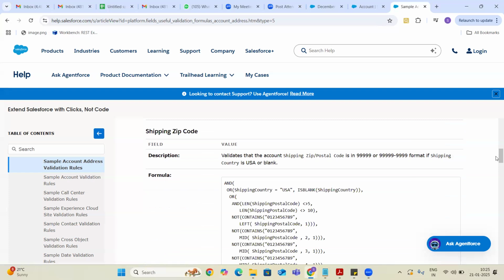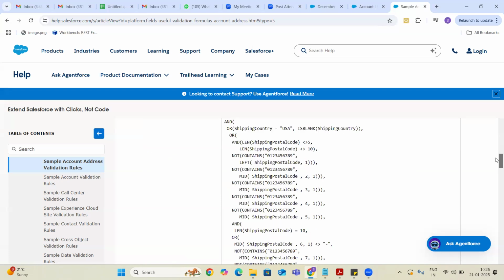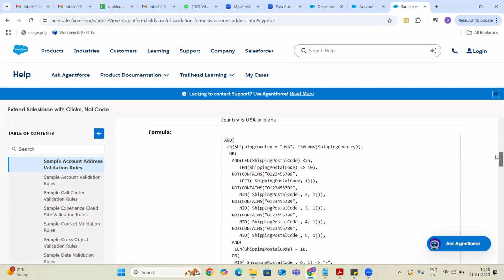Okay. So this is the way it validates the account shipping zip code in this format. Okay. So here I would like to discuss this because it contains some other functions also. Okay.